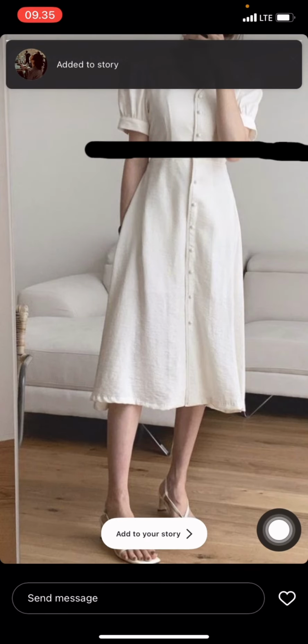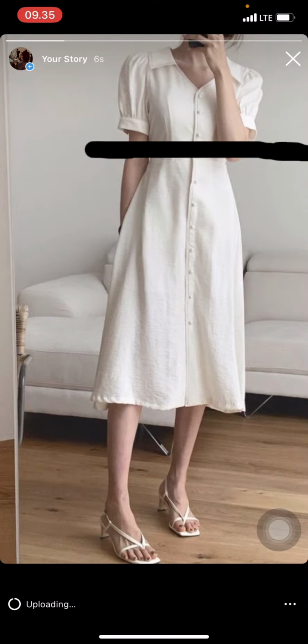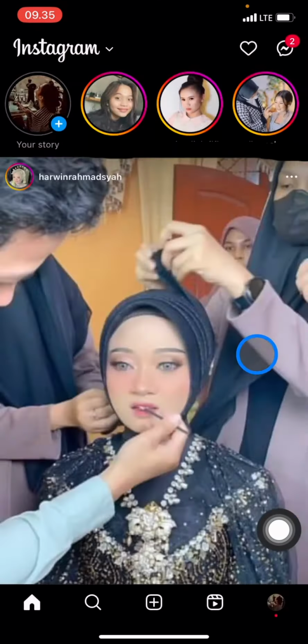And now let's check whether this story has already been reposted or not by going back and checking our story. You just need to wait until the story is posted, and that's the way we repost someone else's Instagram story